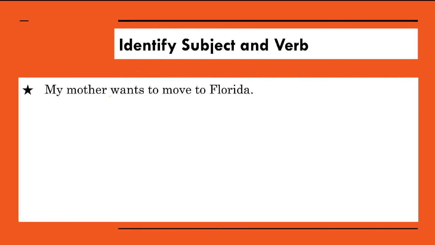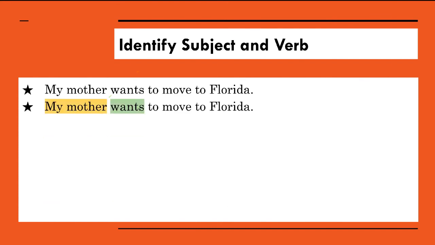Now, let's have a little change of topic. Remember subjects and verbs. If you can identify the subject and verb, your grammar will improve really quickly. So let's start with the verb. What's happening? That's right, want. She wants. Who wants? My mother. Find the action and then look to the left to see what the subject is.